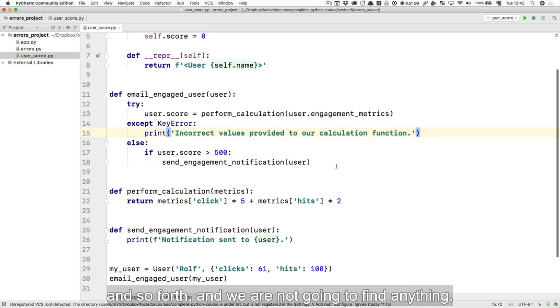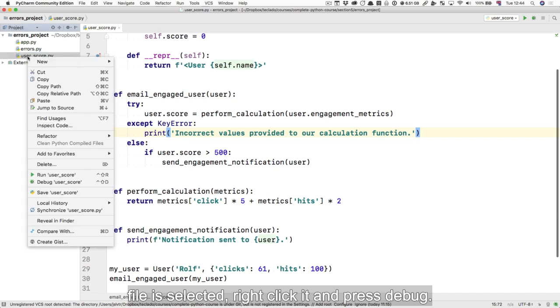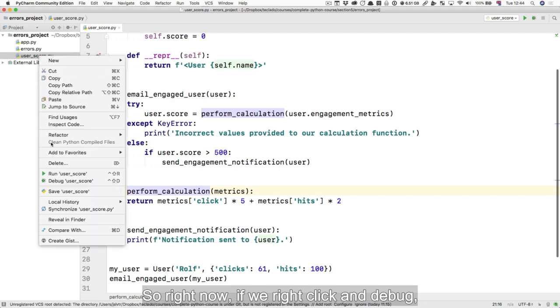We're going to look through our code and so forth, and we're not going to find anything, so we eventually reach the point where we have to debug. To debug, make sure that the correct file is selected, right-click it, and press debug. Now, debugging is just going to run your application, your file, as normal. So right now, if we right-click and debug,